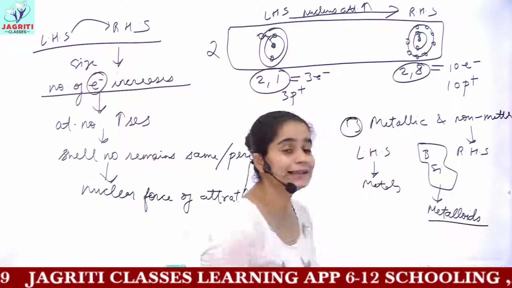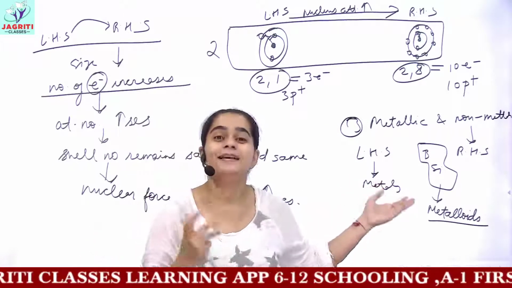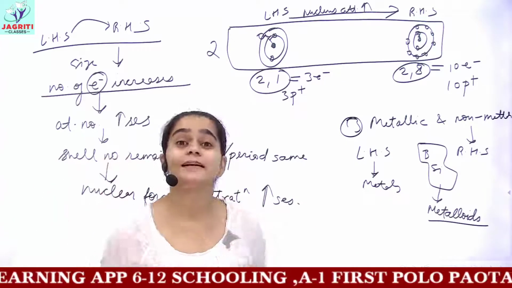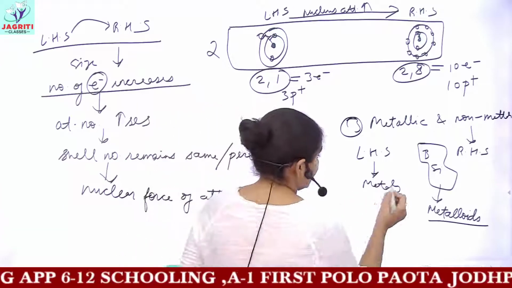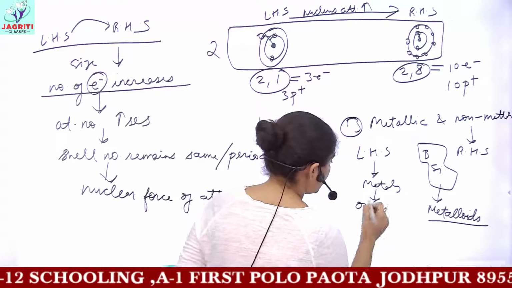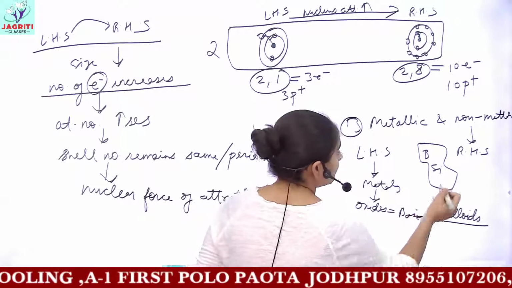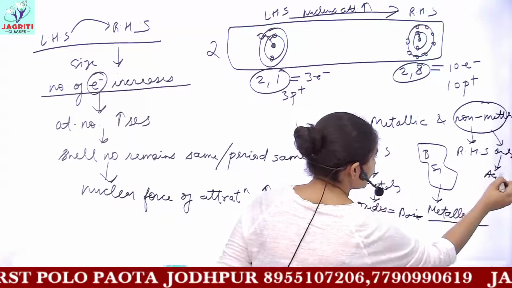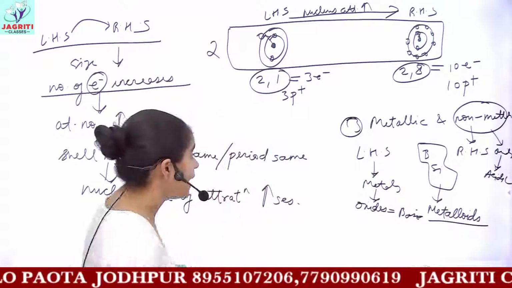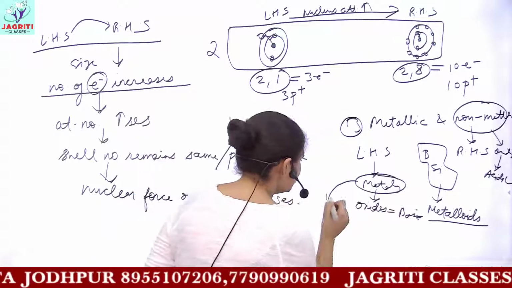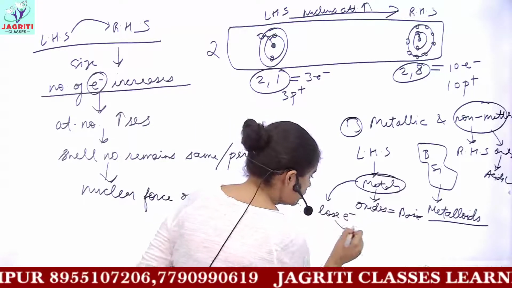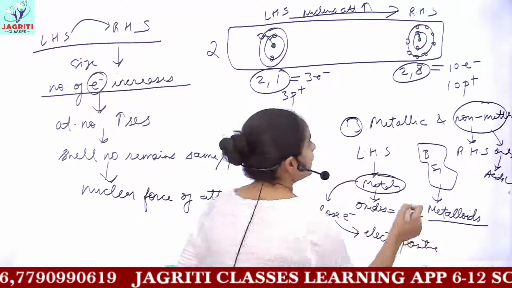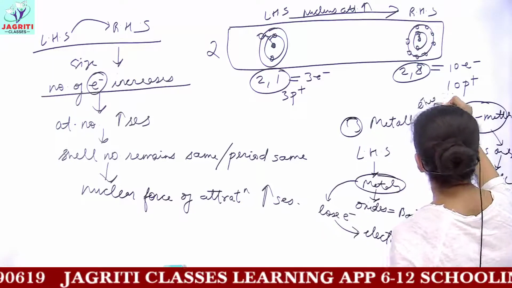And then it is written that the oxides of metals are basic in nature, the oxides of non-metals are acidic in nature. All the reasons we have done in our previous units. Okay, so if oxides form, they would be basic, but the oxides of non-metals would be acidic. The next you have is, because metals can easily lose their electrons, they are called electropositive, while non-metals are called electronegative elements.